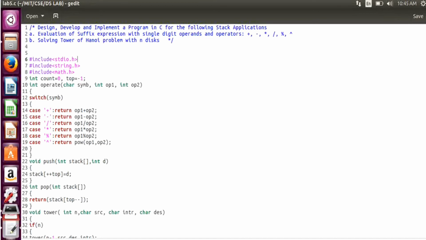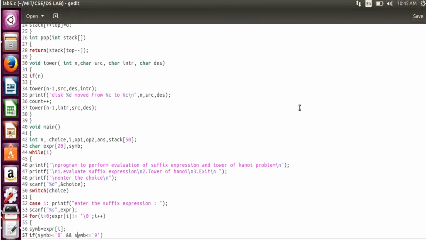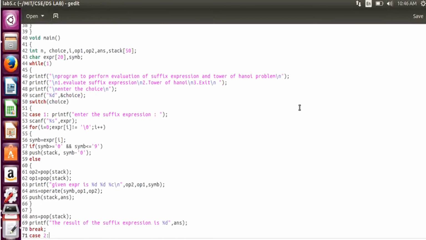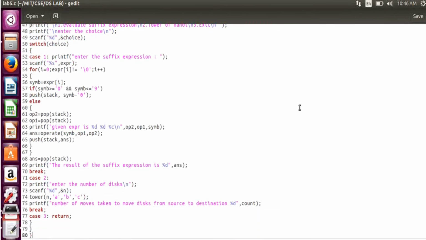You have two things to do here: evaluation of suffix expression with single digit operands and operators, and solving the Tower of Hanoi problem with n disks. So this is how your program looks. You have already seen the explanation of this fifth program, how it works. So let us move into the execution part.